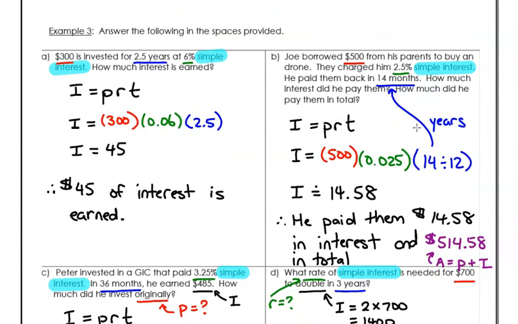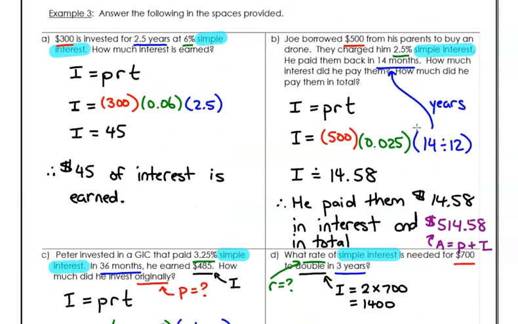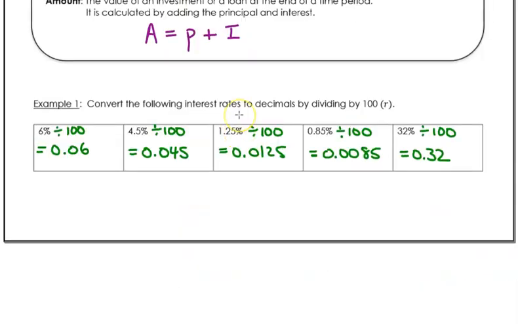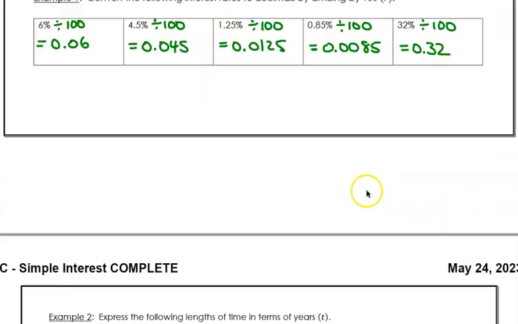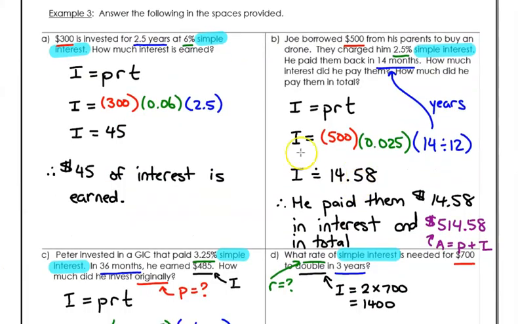So these are what some of the questions could look like. And the way that I know to do the simple interest formula, because we had said, I'm sorry to scroll back and forth, we said there were 2 different ways to calculate interest. So how do you know when to use this formula and how do you know when to use the formula I'm going to teach you tomorrow? So you're going to use this one, simple interest formula, when you read through the question and it says simple interest. So notice that I highlighted that in the blue, I guess, in each question. So as soon as they say simple, I know I have to use my simple interest formula.